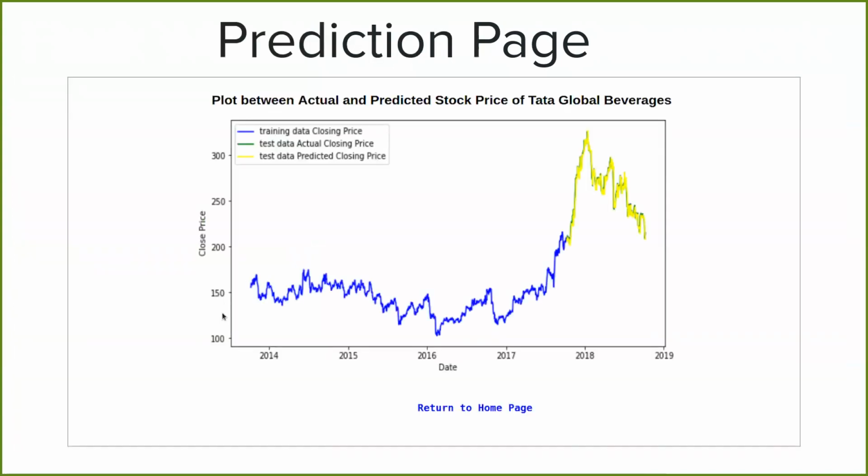And this is my prediction page, where we will see the plot between the predicted stock price and the actual price. As I took Tata Global, we see that company's stock price.